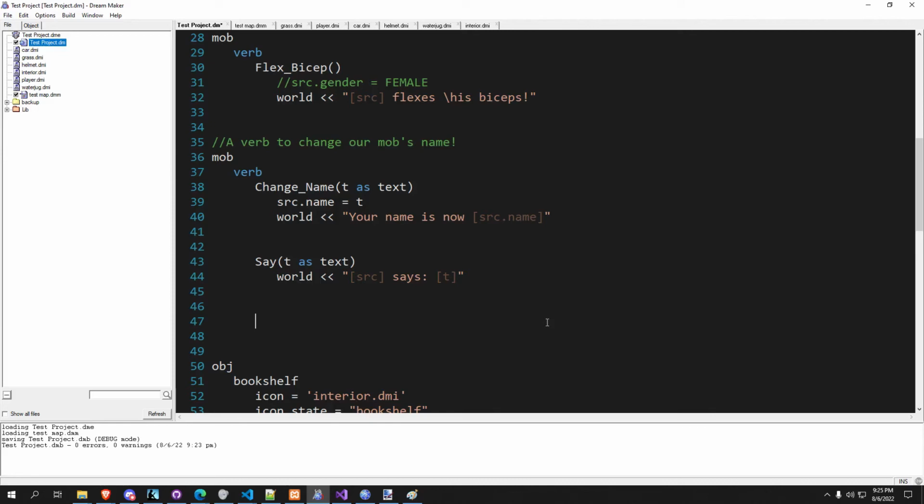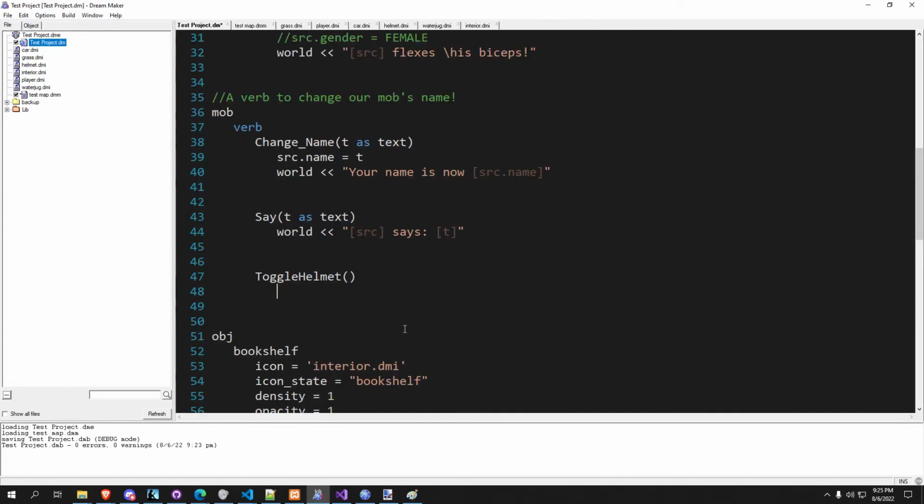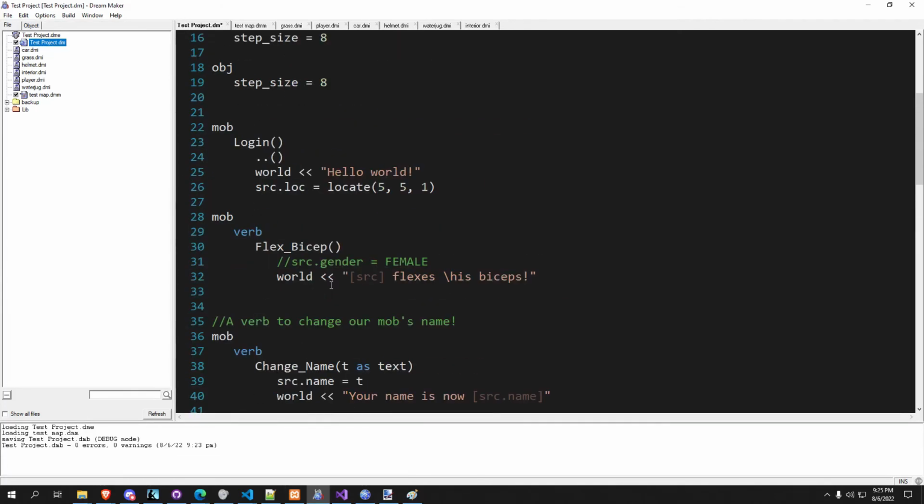And it's really easy to do in DM. We'll set up a really simple way. All we're going to do is, we're already creating mob verb, so we're going to make a new verb. We'll call it toggle helmet. And we just want to do a check to see if the mob is wearing a helmet or not. And to do that,